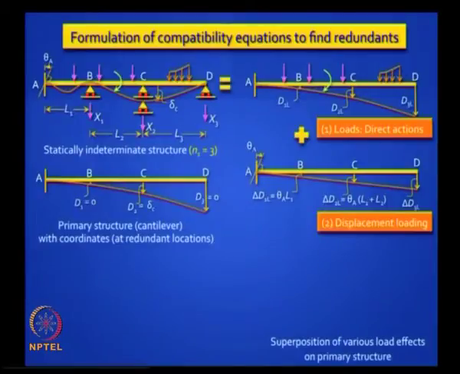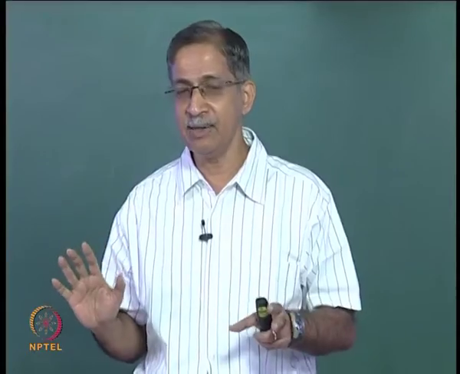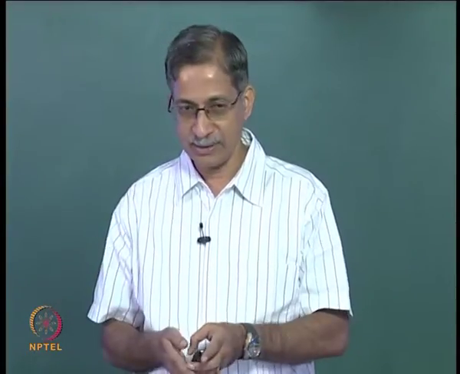If you allow that cantilever beam to rotate by theta A, it will undergo a rigid body rotation, and we are assuming very small deformations. So sin theta and tan theta equal to theta. So can we write down those additional movements at 1, 2 and 3 as shown here? This is easy to understand. Theta A into L1 is the movement here, and so on and so forth. Can we work them out? So you've got all the movements caused by the external loading on the primary structure.